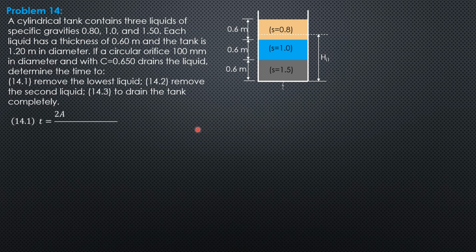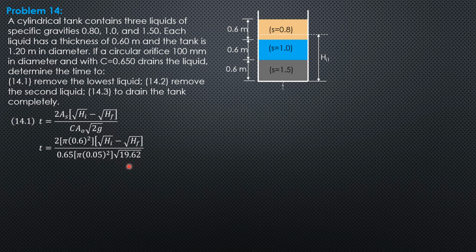So the formula: time equals to area S times the quantity square root of HI minus square root of HF over C area O square root of 2g, because area S is constant for this case. So T is 2 pi 0.6 squared, quantity square root of HI minus square root of HF over 0.65 times pi 0.05 squared. The radius of the orifice is 50 mm or 0.05 meter, then square root of 19.62. Cancel out pi and solving for the constant,